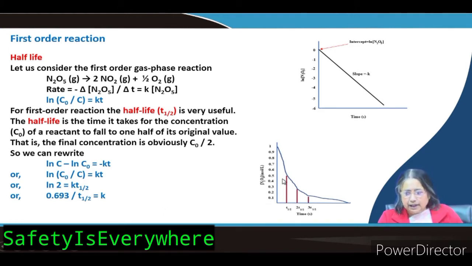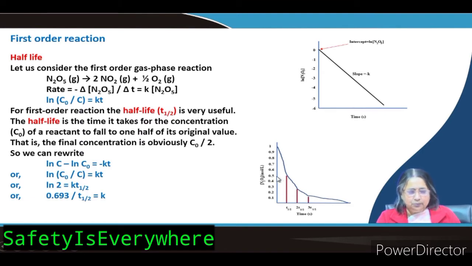Now, if you look into the curve, that is the time in the x axis and the concentration of N2O5, considering this example. If you start with 1, then the half life will be the time taken to come to 0.5. You have started with 1, so half of 1 is 0.5. To come to this concentration 0.5, how much time is taken, that is T half. So, this time is T half.